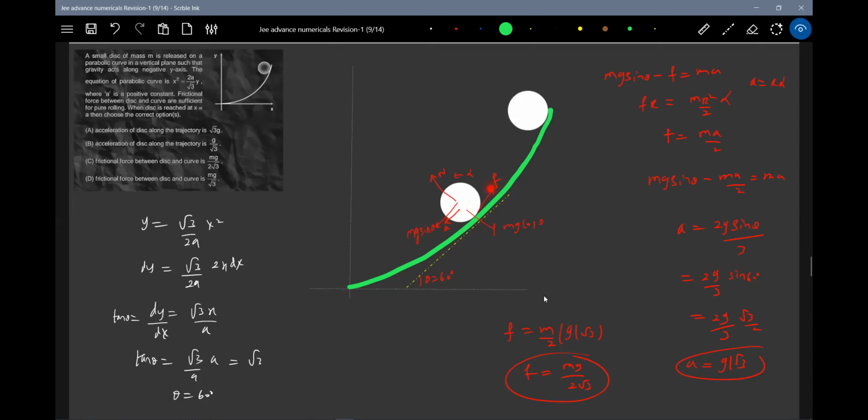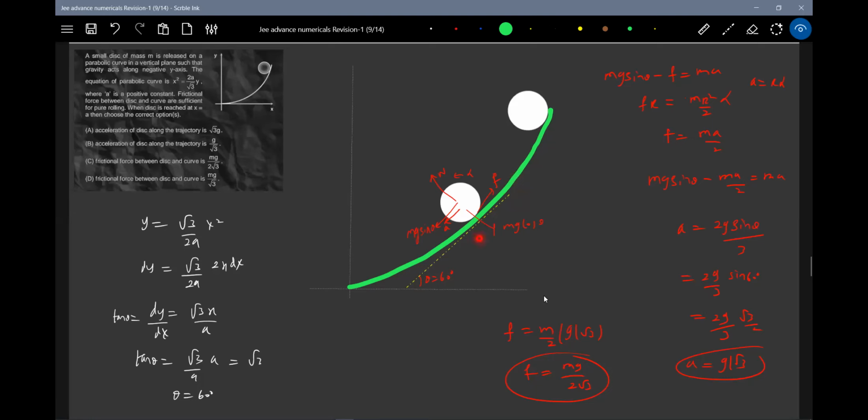But what is the maximum permitted value of F? mu mg cos theta. Here mu is not given. If he has given mu, we have to be careful: at what position will it start slipping? If I define mu of a trajectory, then as it starts rolling, at one point the friction will not be sufficient for pure rolling. So I may ask at what height. For that, again, you have to bring in theta. Calculate the frictional force, equate with mu s mg cos theta, substitute all the theta, then check mu s.